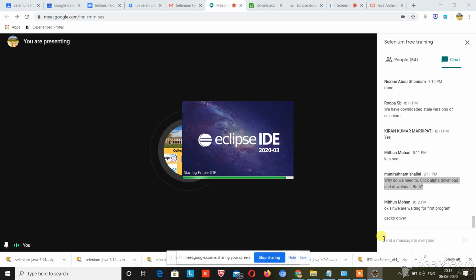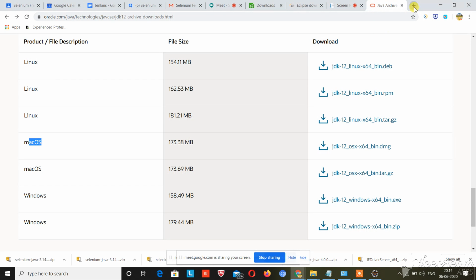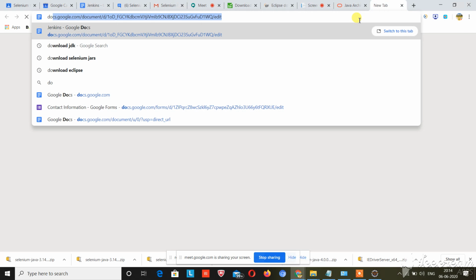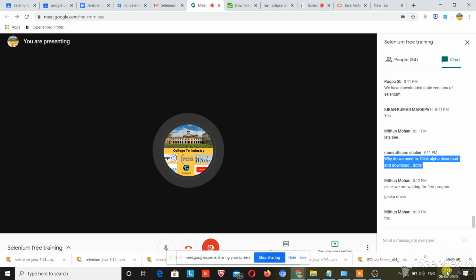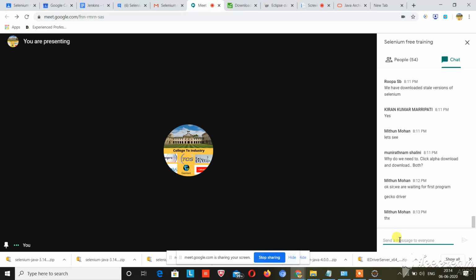Yeah, Gecko driver, that's right. Before that, just make sure you have the Firefox browser on your machine as well. Without the Firefox browser, the Firefox driver will not work.